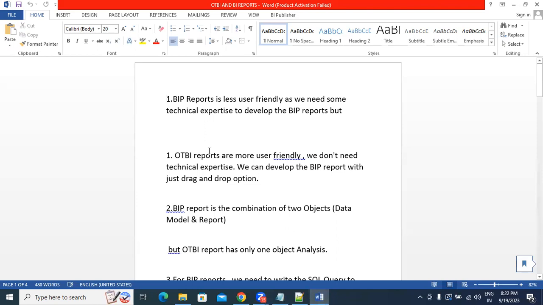Okay. First of all, what is the purpose of the OTBI? What is the advantage? What is the disadvantage of the OTBI sections? First, I'll explain that. OTBI is the